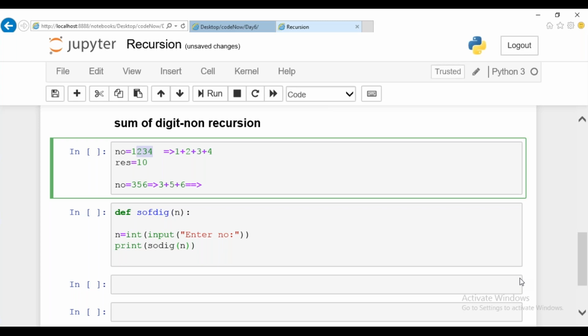There are two types of approach that can be done. I could see many people are doing C logic here, and many people are doing logic specific to Python. In case of C logic, I'll take a remainder each and every time and add it. In case of Python logic, you'll accept it as a string, iterate one by one, and then add. These are the two different logics for this non-recursive method.